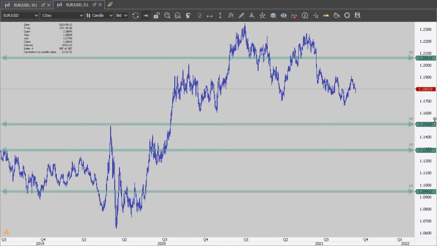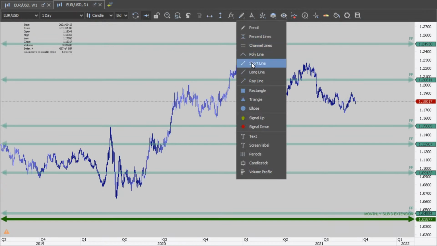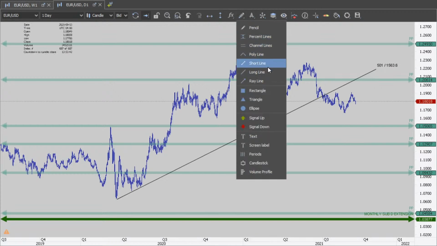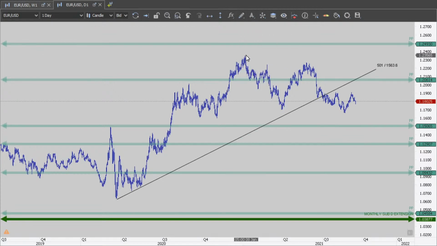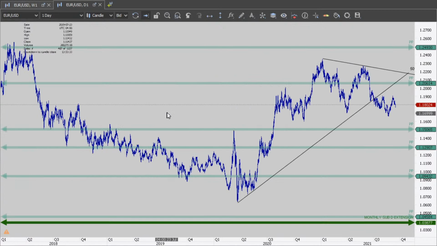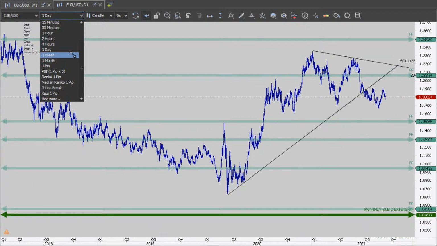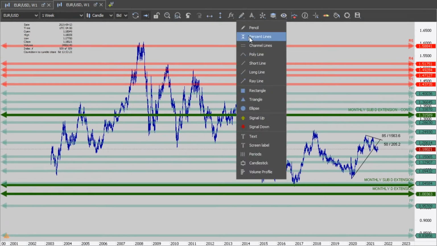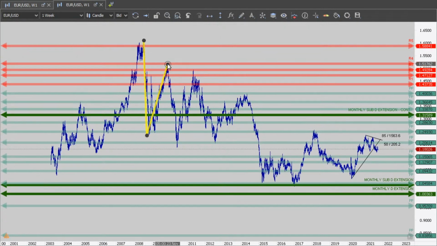So we learned about Japanese candlesticks, right? And we learned about trend lines, right? And we learned about the market wave. So this is the weekly chart, Fibonacci out. We learned about the market wave: extension, retracement, extension, retracement, extension, retracement. This is the market wave.